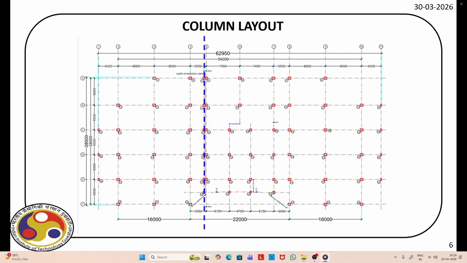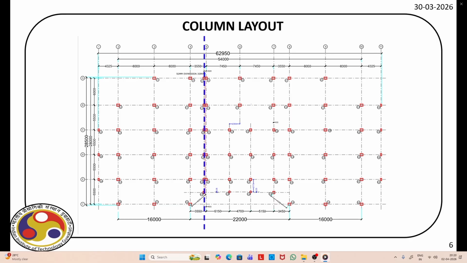Those who are interested, you can also explore the stiffness method or matrix method of analysis. That will also give you an idea how these models are made. And as you advance in your curriculum, in the fourth year, normally you have finite element as an elective course, and normally at the master's level, we have that course that clearly tells you how to model this type of building in finite element framework.